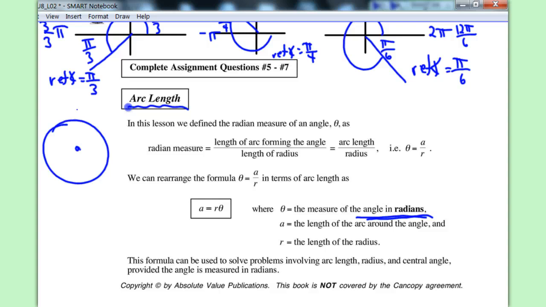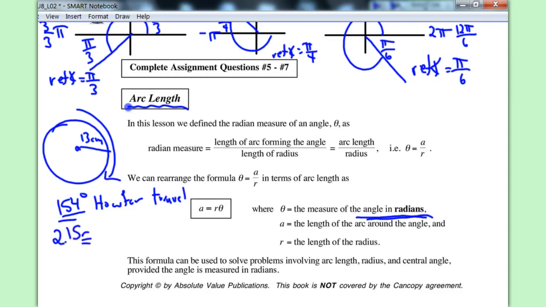So if you start thinking about rotation and so on, if I said to you, this wheel is rolling along, and if it rolled through an angle of 154 degrees, how far did it travel? How far was the length of travel if this wheel that has a radius of 13 centimeters traveled through 154 degrees? An angle of rotation in degrees isn't very helpful, but if I told you that it traveled through, instead of 154 degrees,